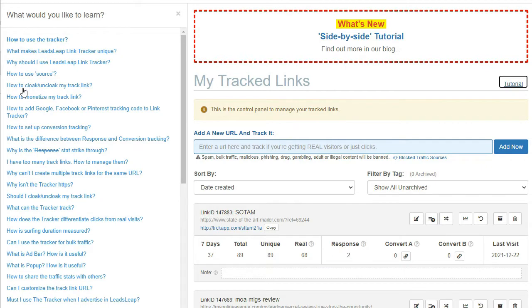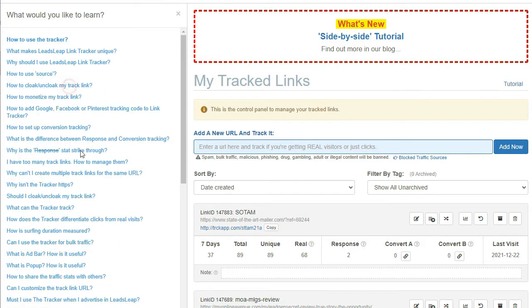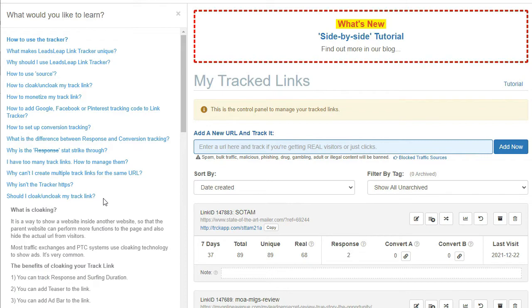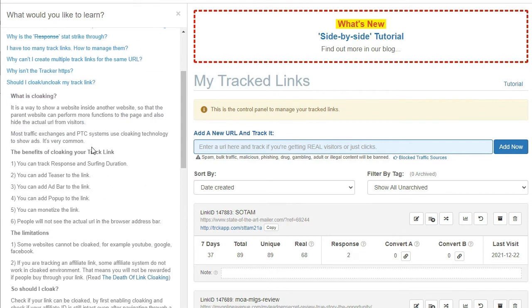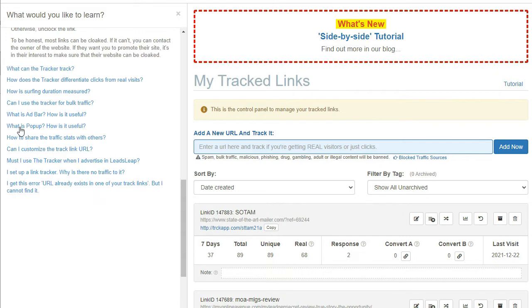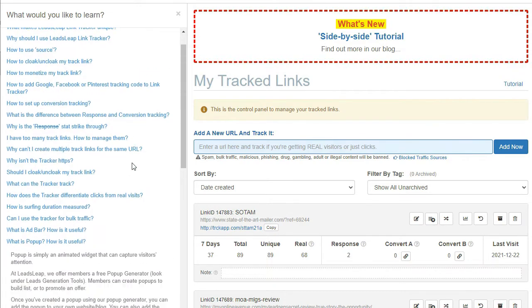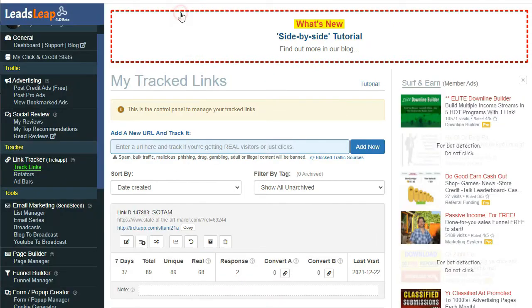Yeah, how to cloak and uncloak my track link. Everything is explained. Should I cloak and uncloak my track link? What is cloaking? Explained in detail. And what is pop-up? How is it useful? Of course, everything is explained there. Alright, so that's for tracking links section,